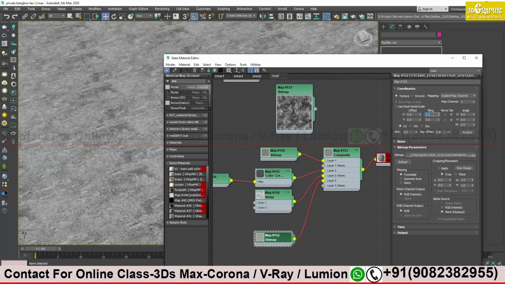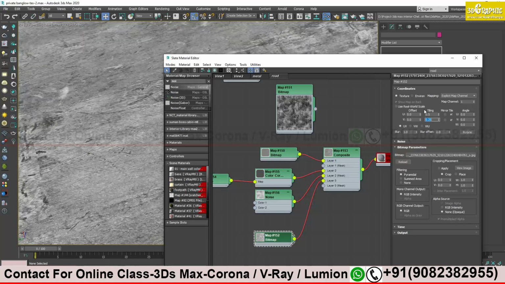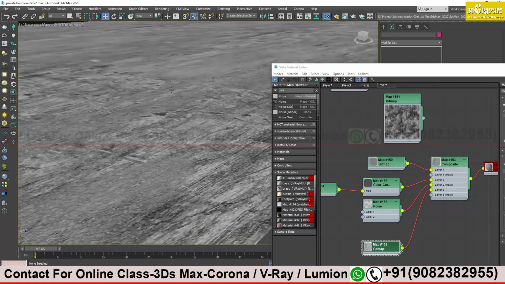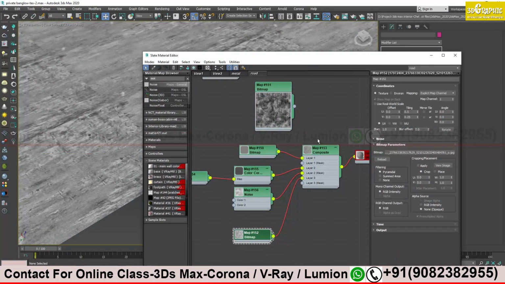I have to reduce the tiling. I give 0.25, but I think it's okay.